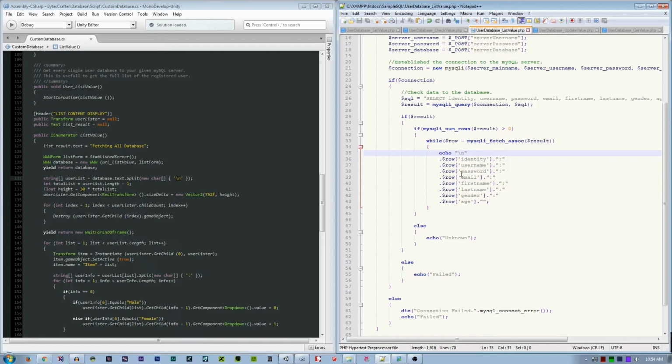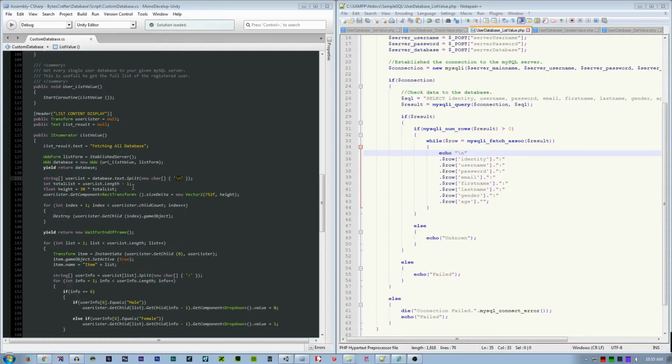Now, in each user, we use semicolon to separate each value. Value of identity, username, password. After that, we need to get the total list. So user list that length is equal to minus 1.